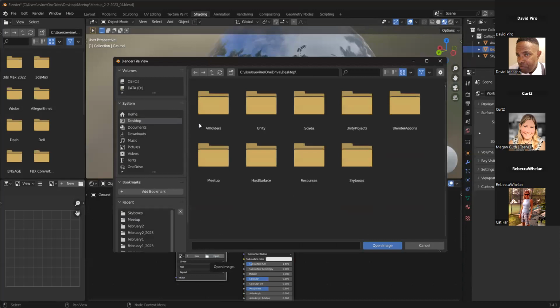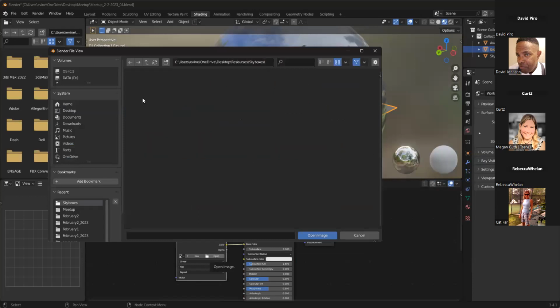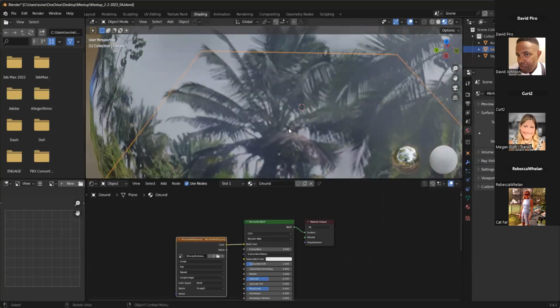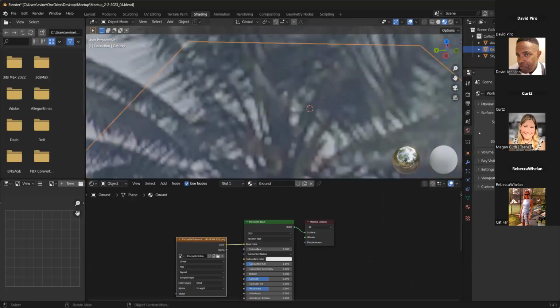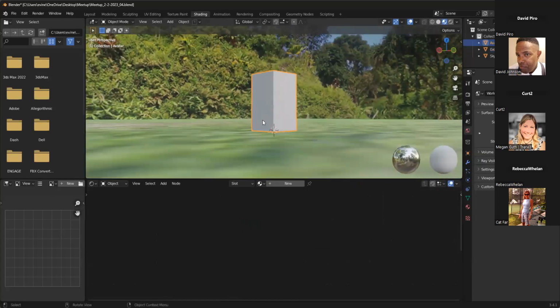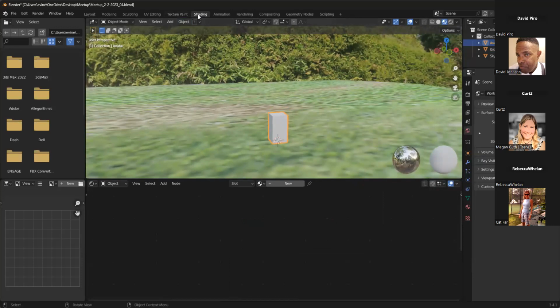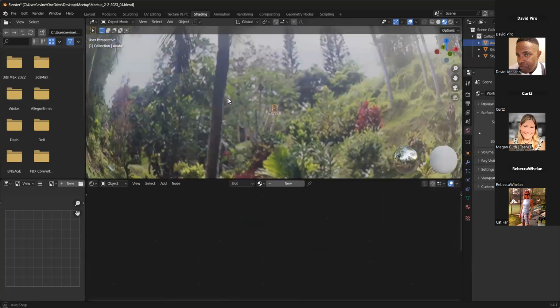And we go to resources, skyboxes. I actually did that this morning. So this one comes from the same image. I just cut it out and I created this seamless, and I also added a tutorial about seamless, how to create a seamless texture in Photoshop. I think it's there. We're gonna go, okay, so let's go to ground,